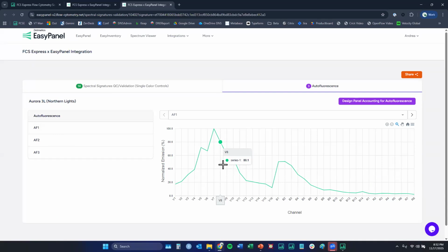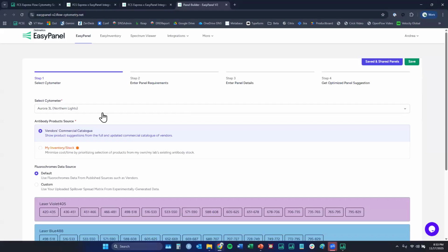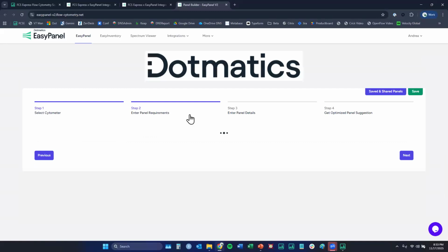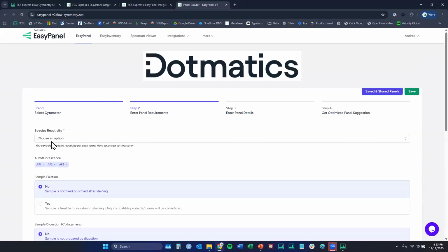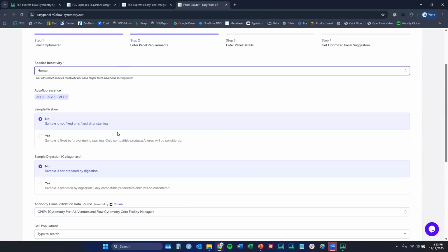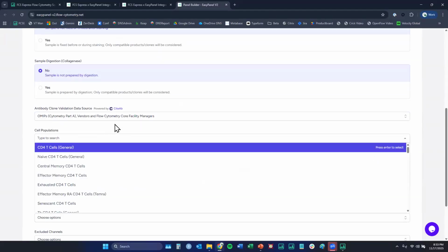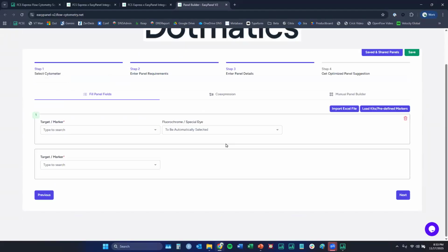So we're not doing this for matching with the reference. But the very cool thing is that I can design a panel, another panel, or I can improve this one, considering those autofluorescences. So if I do this, I can design a panel. I will do something very, very quick. So let's say human, let's say CD4 cells,